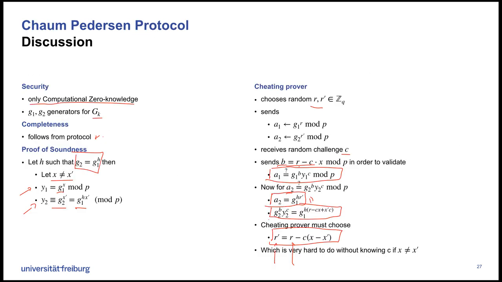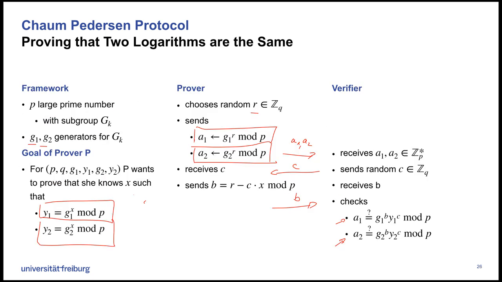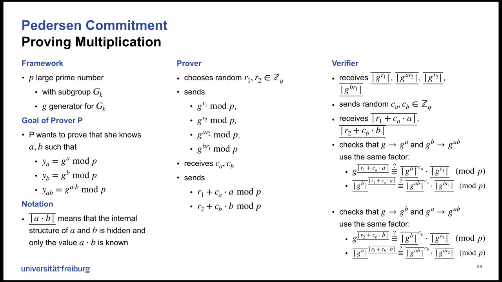And what else can we prove? So what we have done here is we proved that we have the same exponent. So the next thing we could do is, can we prove maybe that I have G to the A and G to the B, and I prove that I have a third number which is G to the A times B. Okay. So now